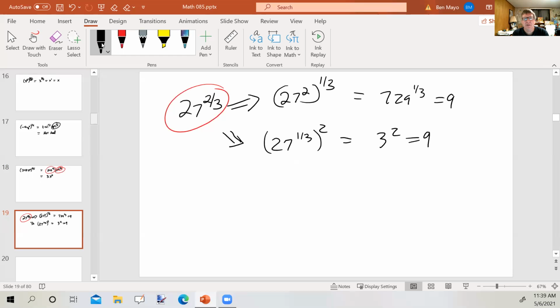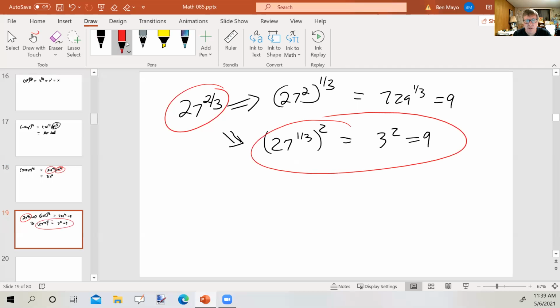So I get the same result, but in this case, the bottom one I could do without my calculator. When both of them are real, you can do either one first, and it tends to be easier to do the root first. You're taking something, making it smaller, and then raising it to a power, as opposed to taking something and making it huge and then trying to tear it down. Anyway,